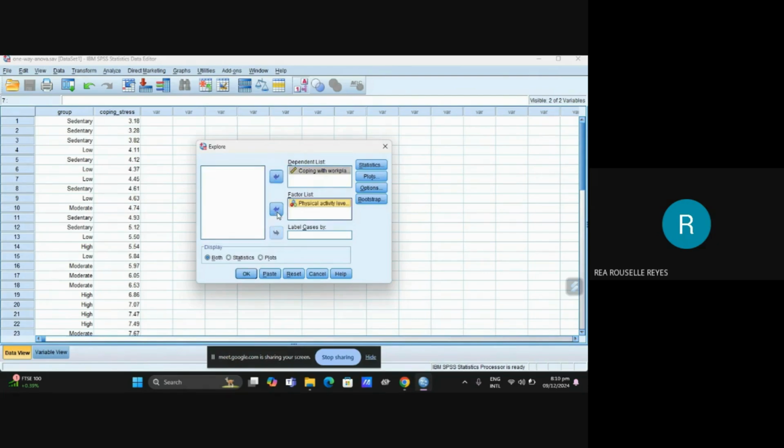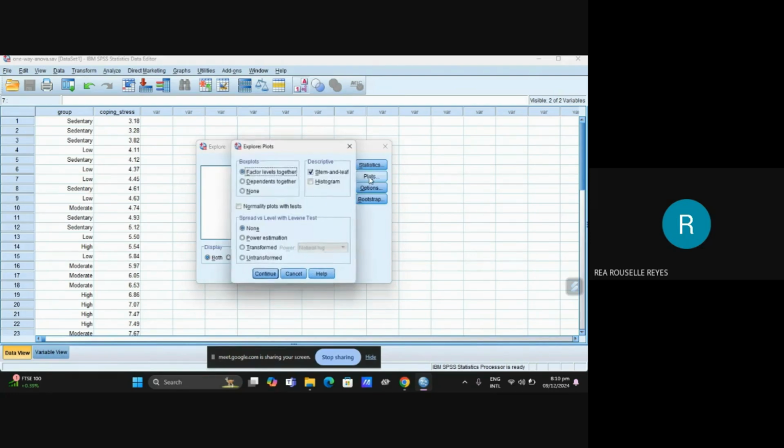After that, you are going to click plots, and then uncheck the stem and leaf, and of course check the normality plots with tests, and check the none, and then continue.